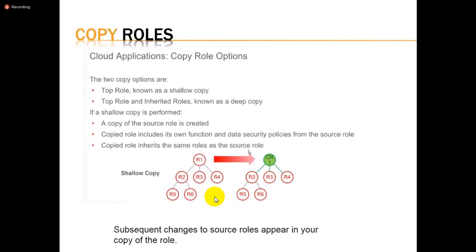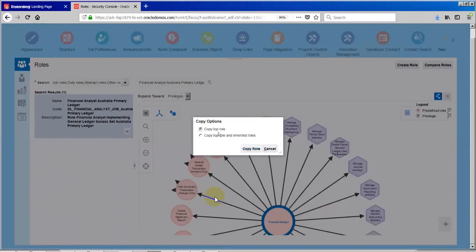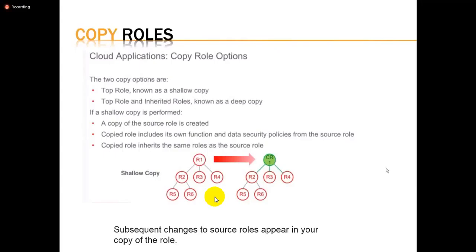Okay, so that's the difference between copying, Lakshmi, when we go for a shallow and when we go for a deep copy. Shallow copy, basically, is for when you are modifying only the top level hierarchy. If you want to go deeper into the hierarchies to do the modifications, typically you have to go to the deep copy.